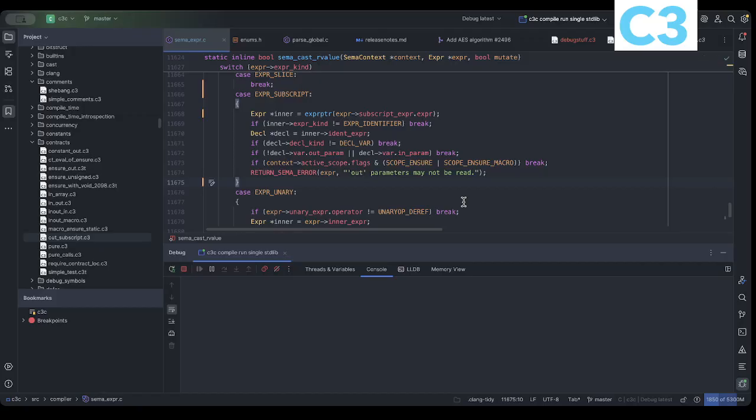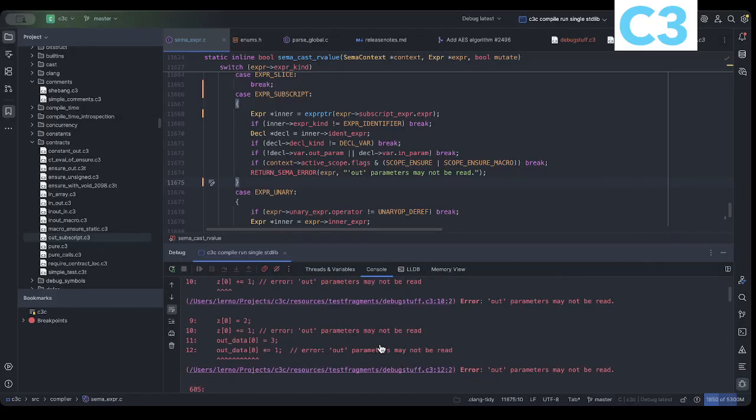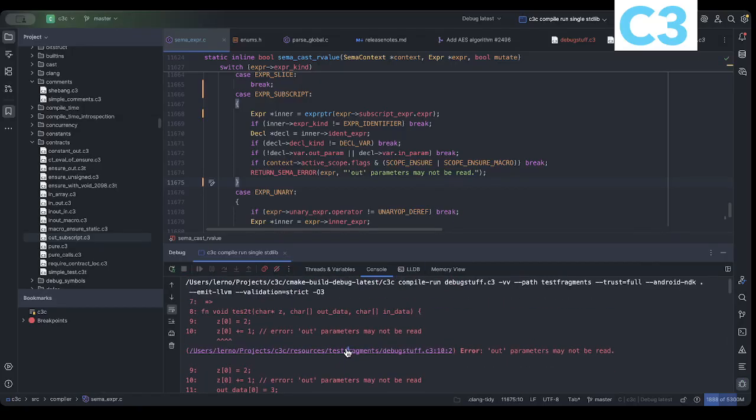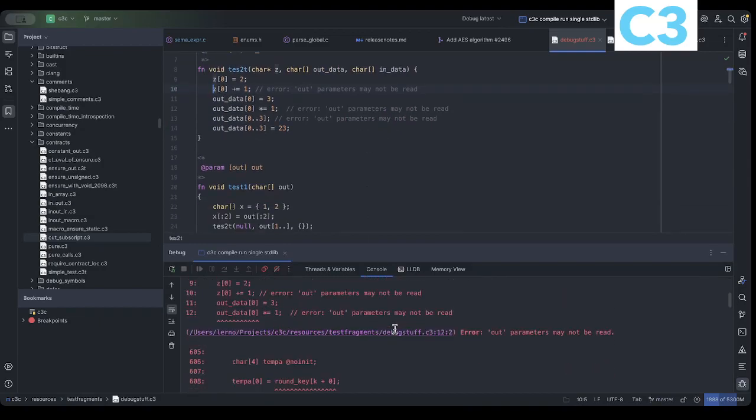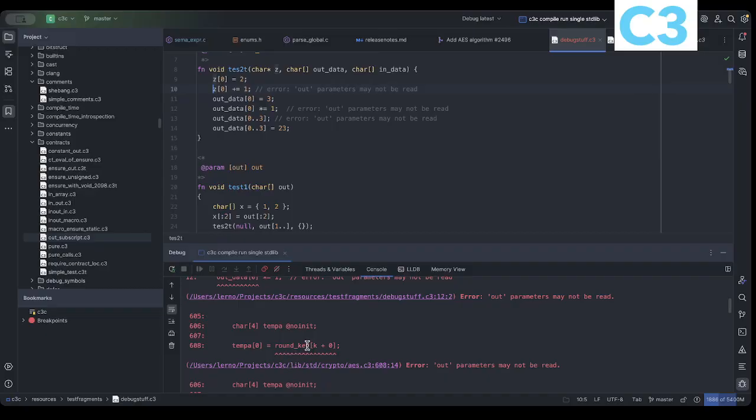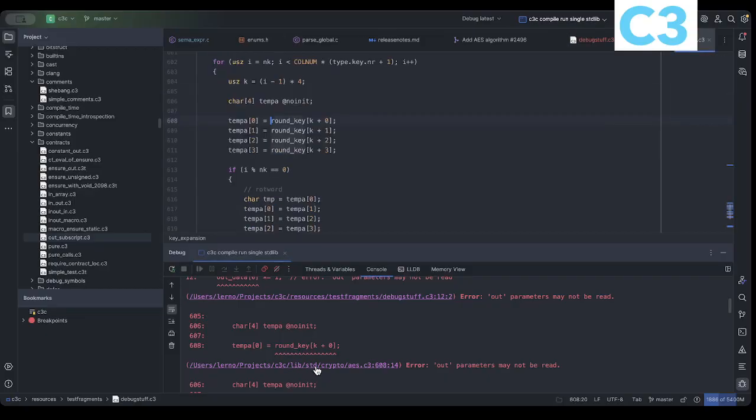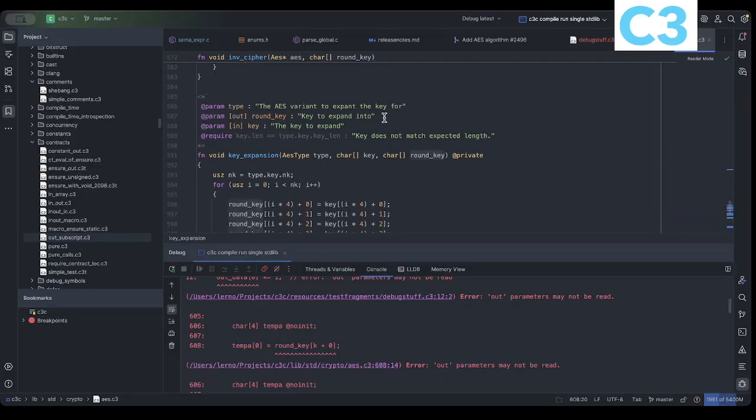So let's now run this. Okay, so look at this here. The out parameters may not be read. Okay, that's correct, right? But we also get this in here. So let's see what that does. The round key here